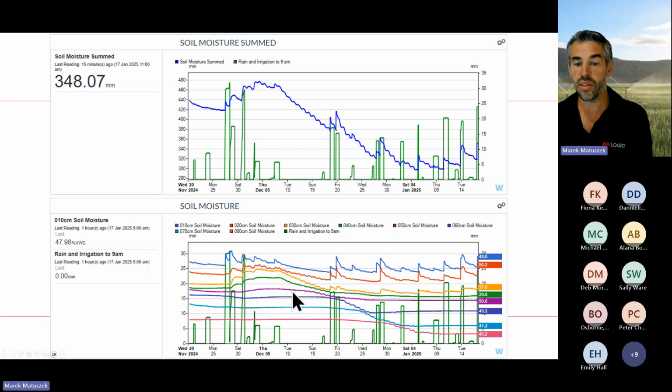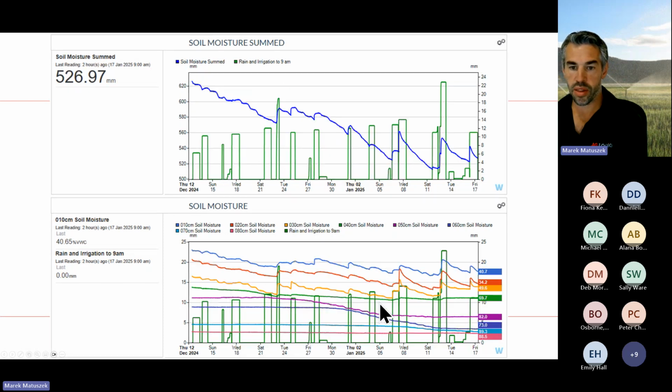But as we can see here in this case, and these are potato plants, we can already see that we're drawing moisture down at 80 centimeters. So really, we're not quite keeping up with crop water demand. Now, there's this one that's starting to get a bit worrying. This one here, I'm not getting too worried, because this is actually what we want to start doing as we get to full canopy, and as we start to get to the crop factors of 1.2, 1.3, we actually do want to start drawing a little bit of this moisture up,